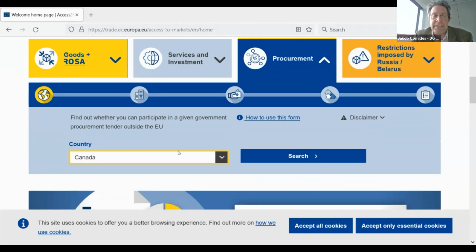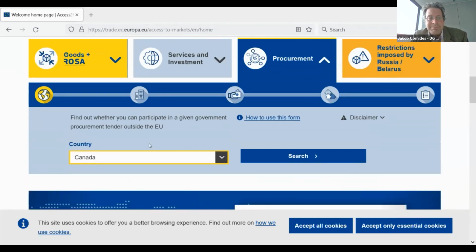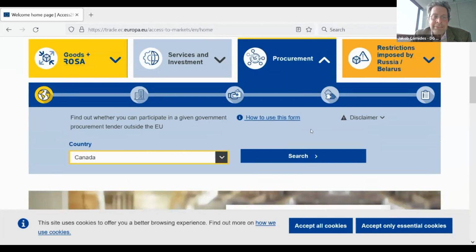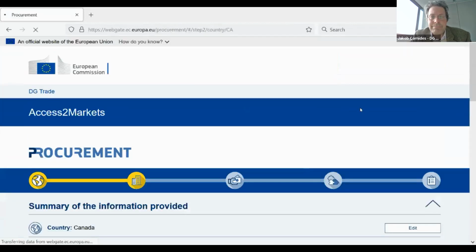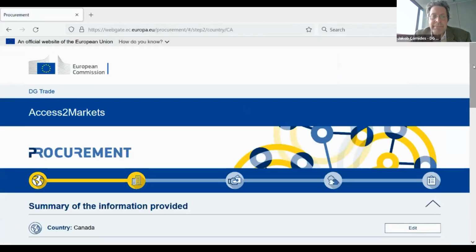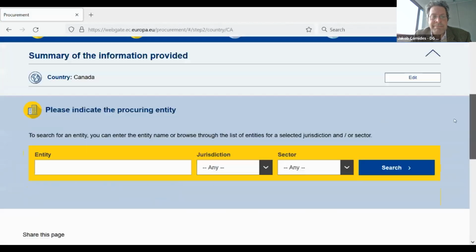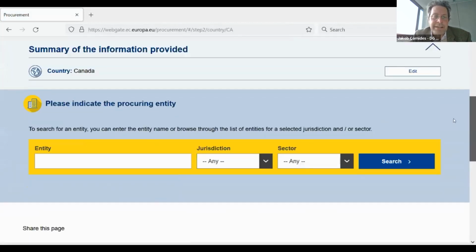So let us go in medias res and demonstrate this. Among the two available countries, I'm now selecting Canada, and when I've arrived there, I have to identify the entity.